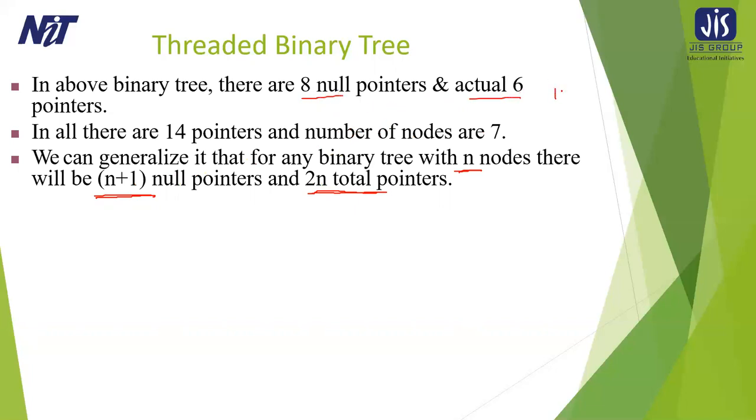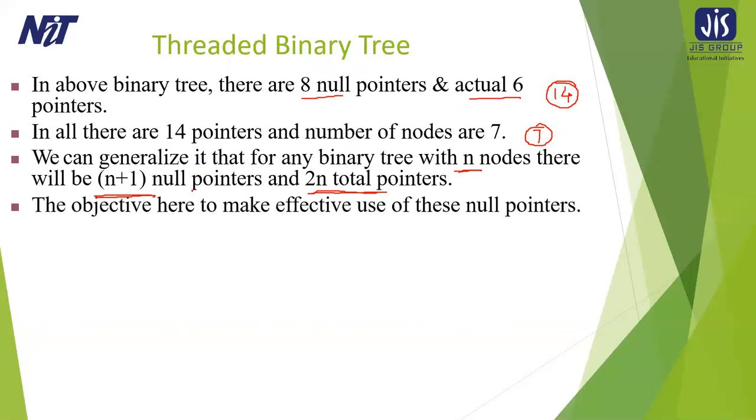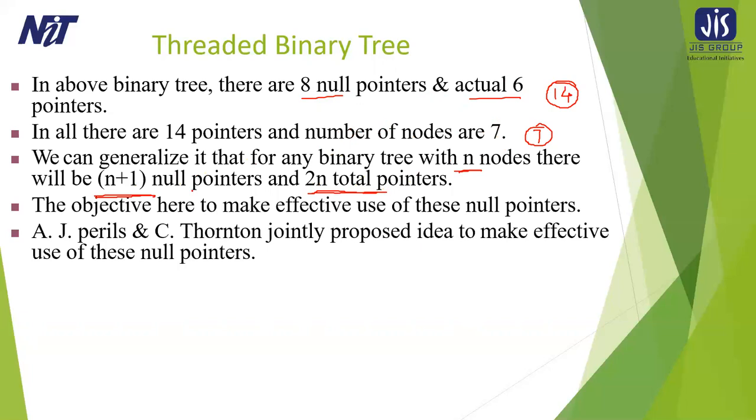So 8 and 6, that is 14 total pointers, and the number of nodes is 7. So if n is the number of nodes, then 2n is the total number of pointers, where n plus 1 is the number of null pointers present. Now the objective here is to make effective use of these null pointers in the threaded binary tree. So for this reason,